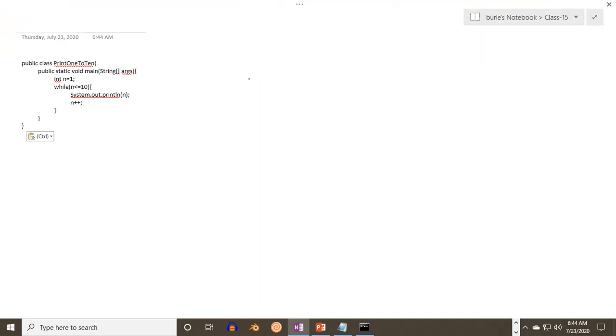As I said, whenever you execute any program using the Java interpreter, it always has two parts: first the memory part, and second the command prompt, that is the output screen where you get your result after compilation and execution. It will execute this line first, int n equal to 1.